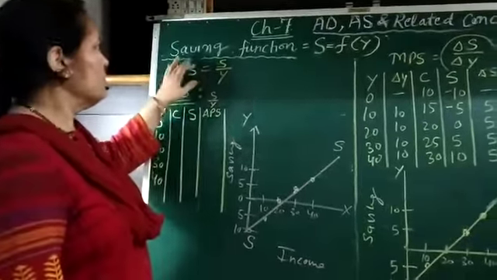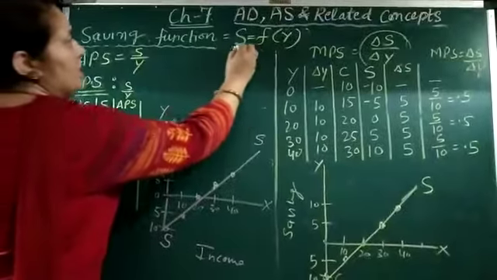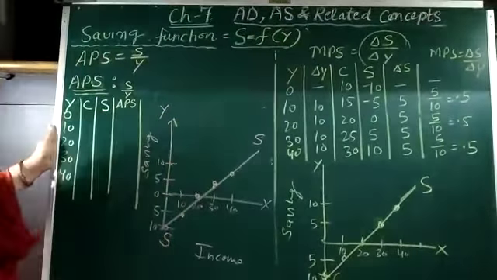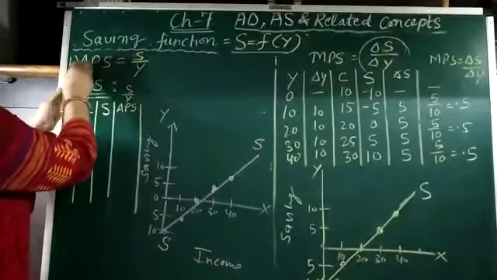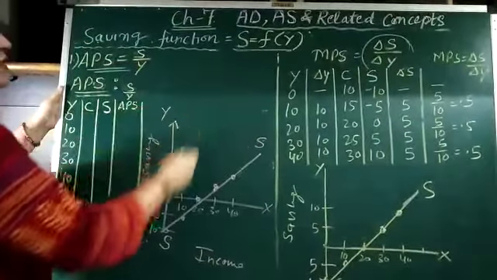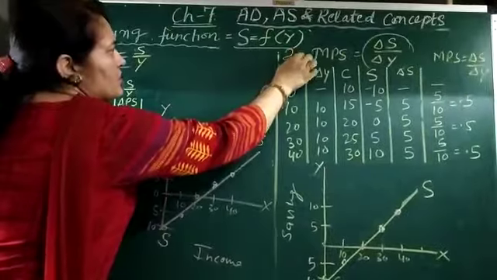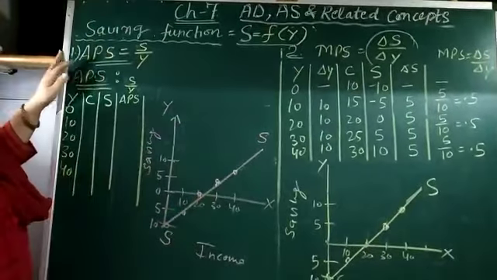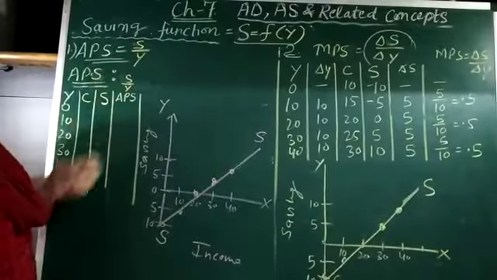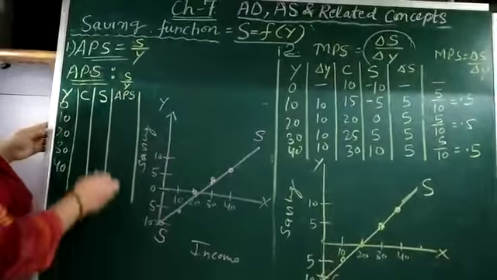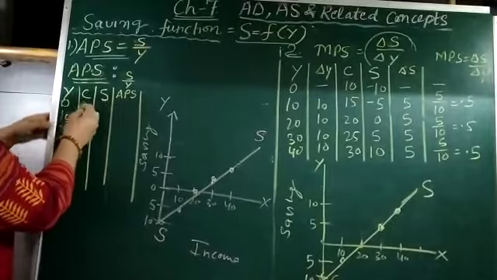Today's topic is saving function. Saving is a function of income and propensity to save. First of all, average propensity to save, and next one is marginal propensity to save. Average propensity to save is the ratio between saving and income. So let us derive